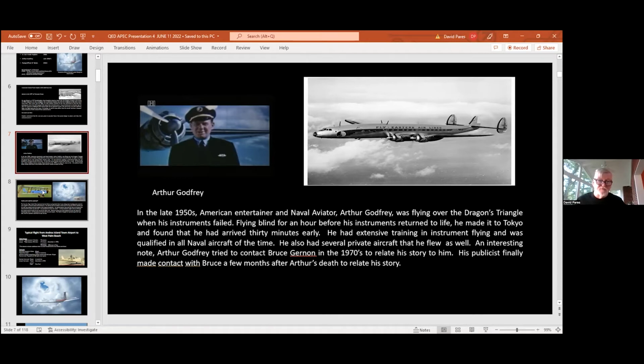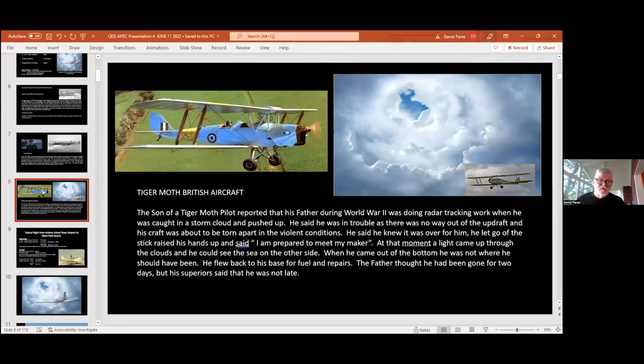And of course, we also go back to World War II with the Tiger Moth case, where he was doing weather radar tracking experiments in the early part of the war in 42. And the bottom line here was he got caught up in an afternoon thunderstorm in London. And he flew into a sucker hole and saw blue sky on the other side of it, took the aircraft through, and ended up in northern England. He flew back, landed, reported it. Nobody believed him,